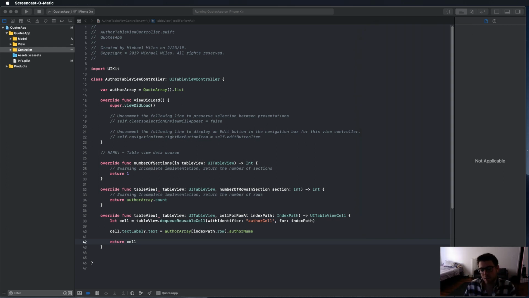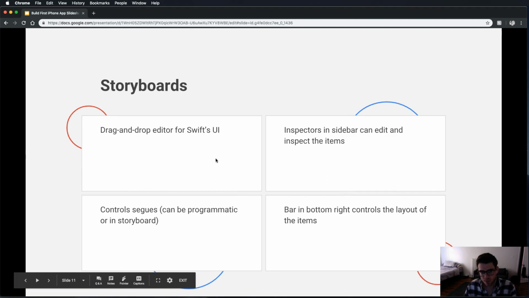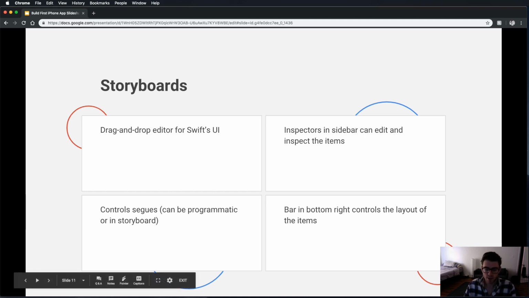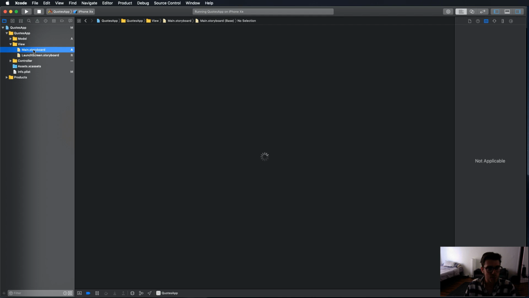Before we take that deep dive, I just wanted to talk a little bit about what a storyboard is. So it's the drag and drop editor for Swift UI. We've been around, we know that much at least. The inspectors in the sidebar can edit and inspect the items. So isn't it crazy that an inspector can inspect? But yeah, we're going to go to the main storyboard here,